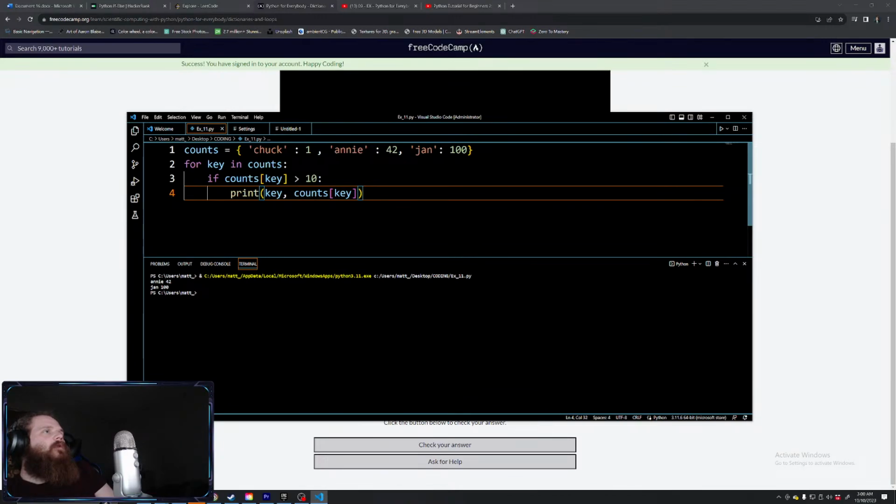Wait a minute. I think I understand. For key and counts, key iterates through counts. Boom, boom, boom. If counts key is greater than 10, print the key and then